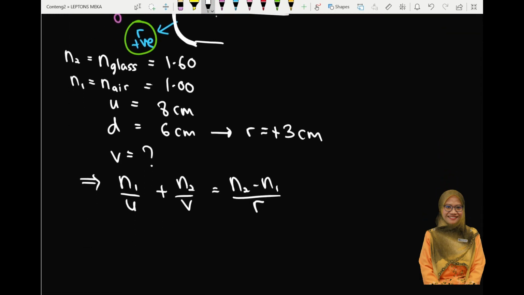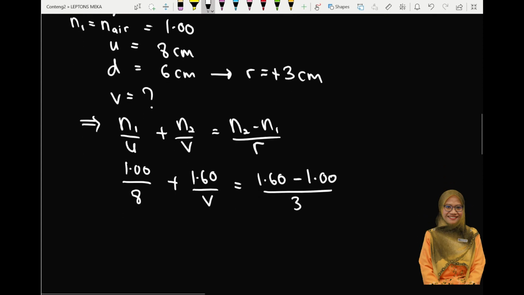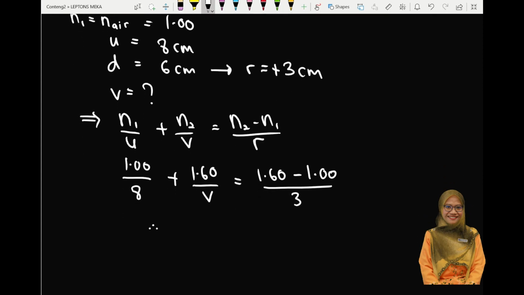So N1 is 1.00 over U, which is 8, plus N2, which is 1.60, over V, equals N2, which is 1.6, minus N1, which is 1.00, over the radius, positive 3. Just use your scientific calculator. Therefore, you can have V equals 21.33